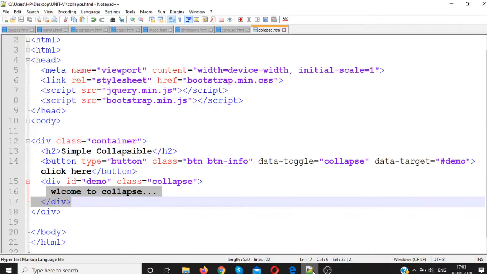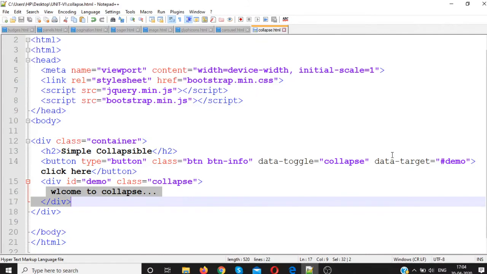To control the collapse, you use the data-toggle attribute on a button, or you can also use it with an anchor tag. We have added the ID attribute to connect the button with this demo content.